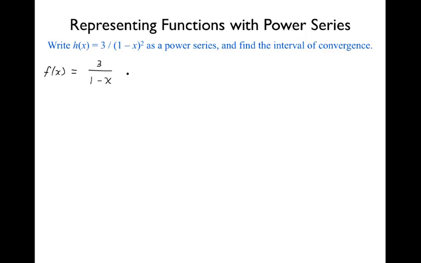Right? So this is kind of like 3 times (1 minus x) to the -1, and this is 3 times (1 minus x) to the -2. What would I do to f to make it be like h? Not multiplied. Calculus, calculus. Derivative, right? This power is 1 less than this, right? This is (1 minus x) to the -1. This is (1 minus x) to the -2. So I take the derivative, what do I get? I'm going to get,